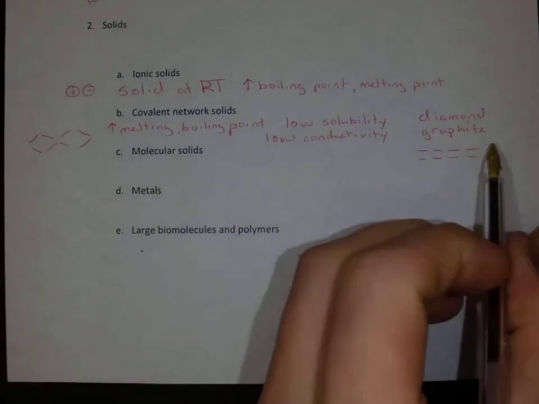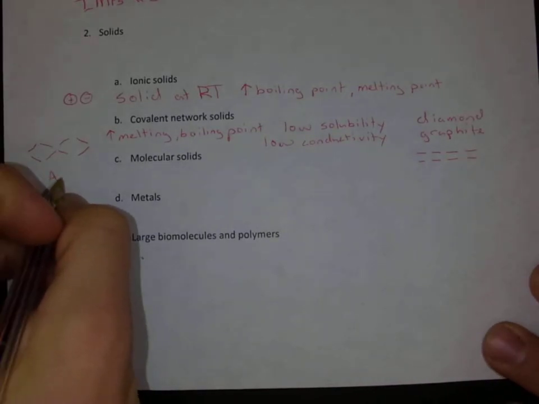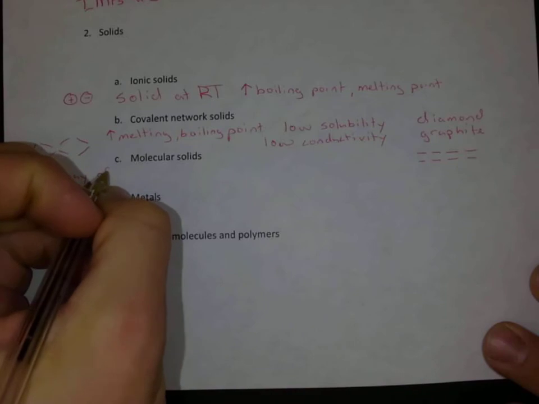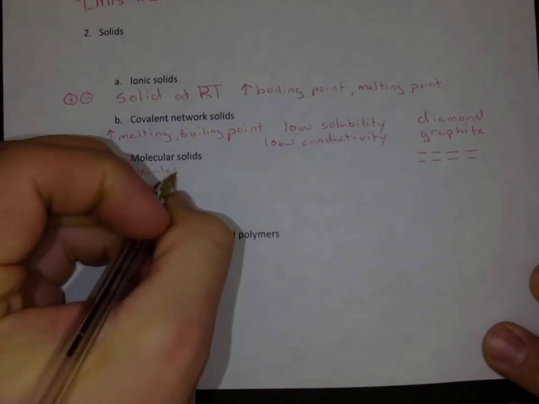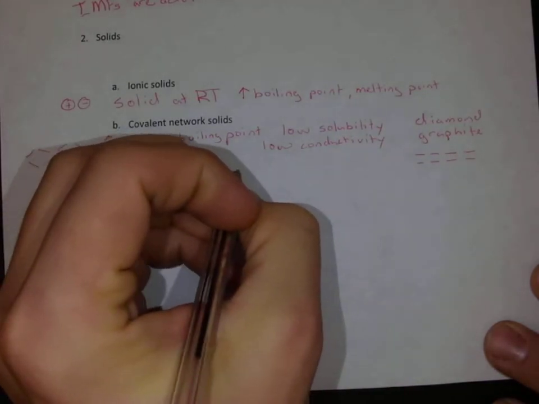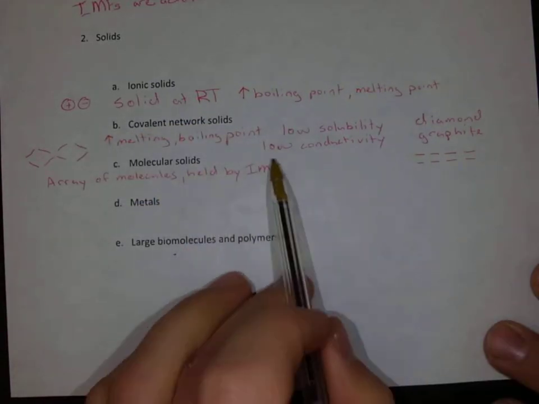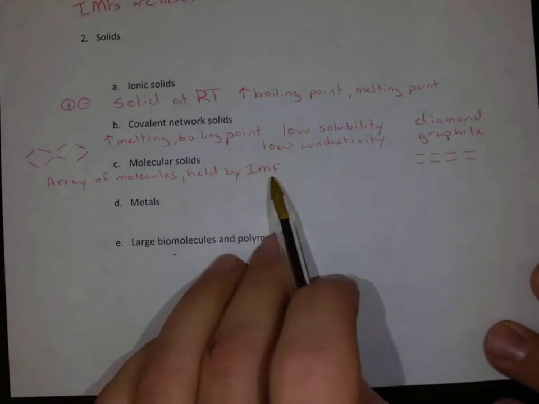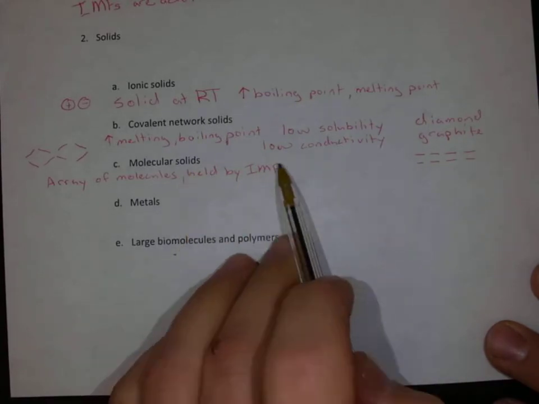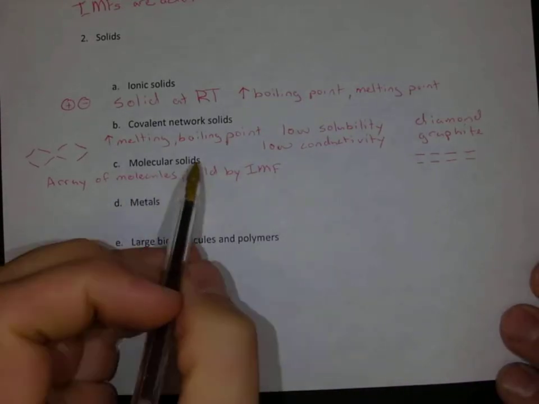Okay? Our next piece, our molecular solids. Molecular solids are kind of similar to graphite, except we don't have as large of an array of bonding. Really, it's just an array of molecules, and this array of molecules is held together by the IMFs. So that means if they're going to be a solid at room temperature, overall their IMFs, when we add them together, are really going to be pretty strong. The IMFs have to be really strong to hold those particles together, okay? So oftentimes, molecular solids are going to be really large molecules,